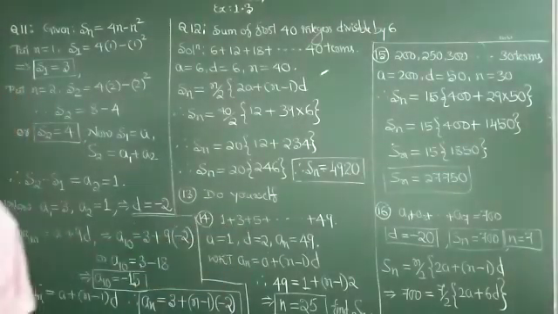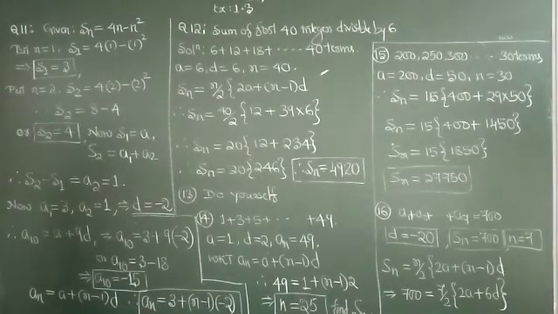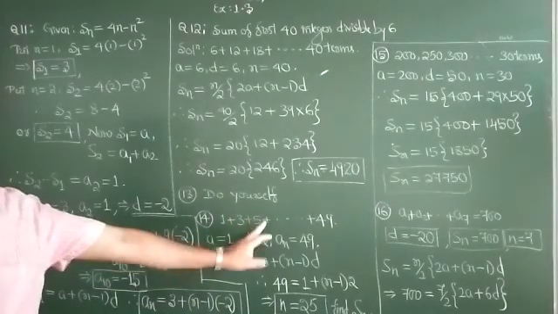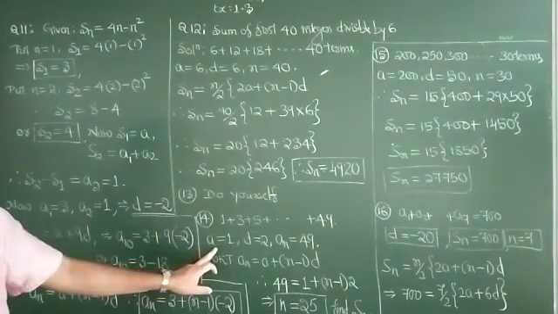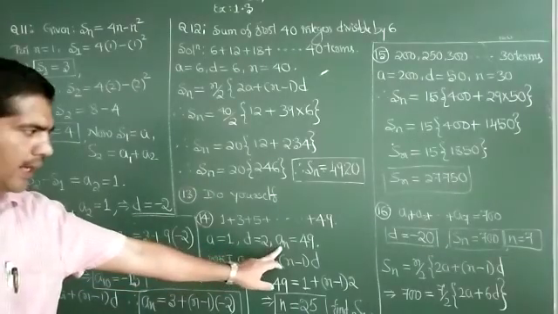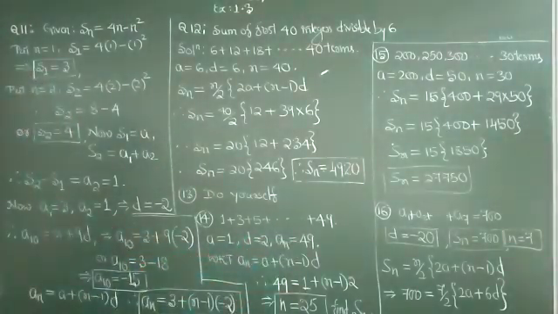So you may say there are 25 odd numbers. If you can understand that there are 25, you can do it directly. Otherwise, try to find the number of odd numbers by taking A equal to 1, D equal to 2, and the last term is 49. By the general formula of an arithmetic progression, An equal to A plus n minus 1 into D, you can easily find out how many terms are there, or how many odd numbers are there. So now I know there are 25 odd numbers. What next? Then try their sum. How? Sn formula.